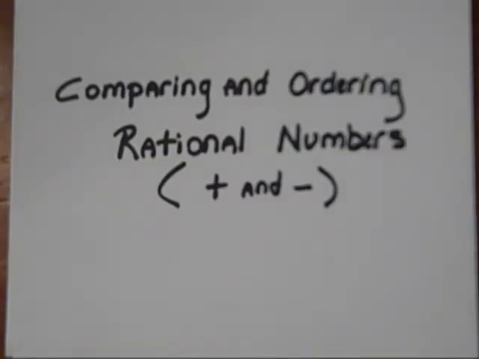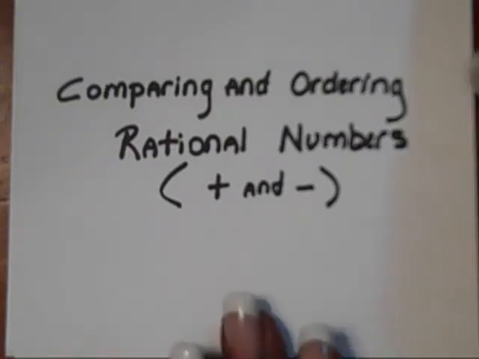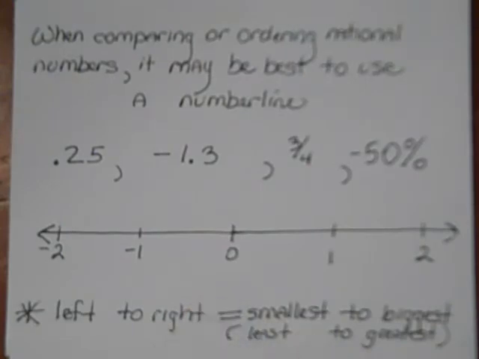Okay, so now we're going to talk about comparing and ordering rational numbers. That includes fractions, decimals, and percents. And we're also talking about positive and negative rational numbers. Okay, well, when you are comparing or ordering rational numbers, it might be a good idea to think about the